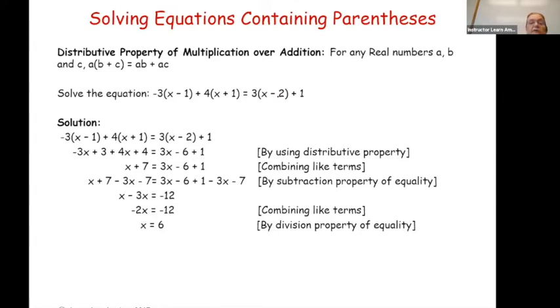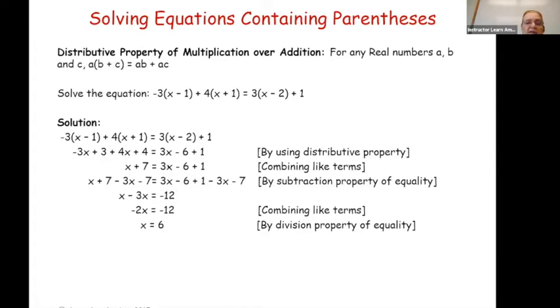So here we have the -3 times the x minus 1, we distribute, -3x plus 3. Remember, -3 times a -1 would give us a positive result. 4x plus 4 is equal to 3x minus 6 plus 1. So now we've cleared out all the multiplications. Now we can combine like terms. So the -3x and the positive 4x will give us x. The 3 and the 4 will give us a 7. And then the -6 and the positive 1 will give us